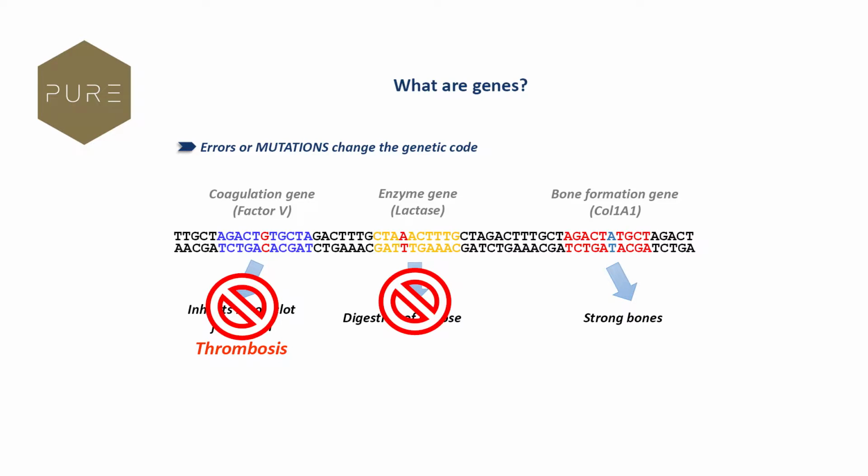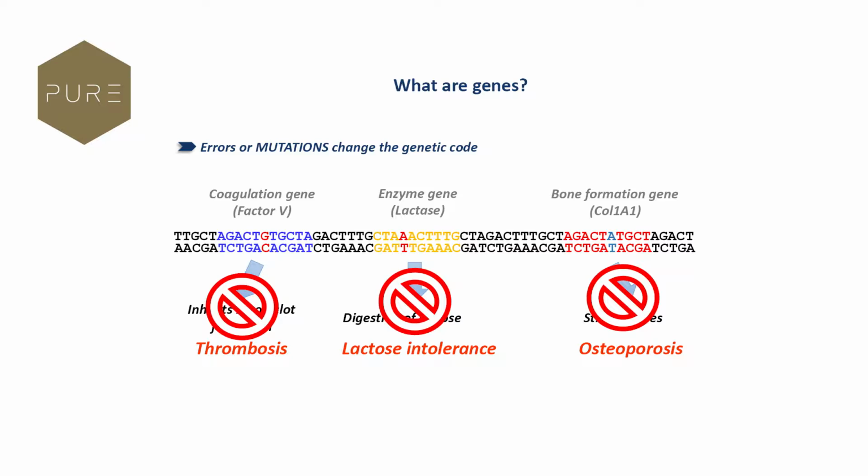If the enzyme gene is defective, then the body doesn't know how to digest lactose, and it forms lactose intolerance, one of the most common forms of food intolerances. And for bone formation, instead of building strong bones, you build bones that lose their density faster with age, and